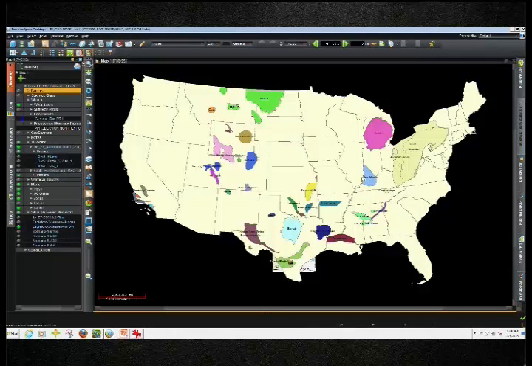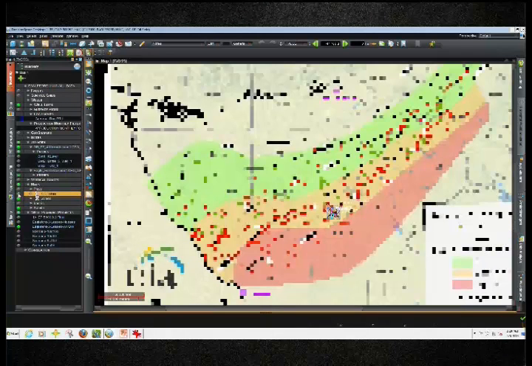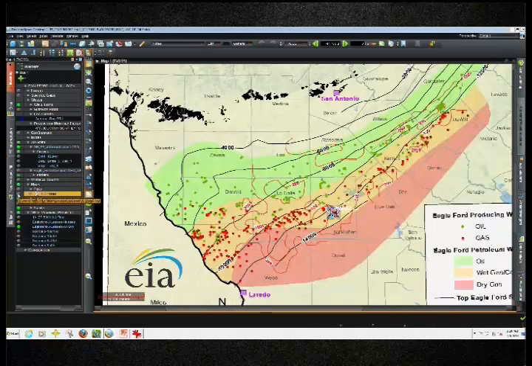For my presentation, I'm going to focus on one such active resource play very close to us, the Eagle Ford. So let's take a closer look at the drilling activity in this particular area. What you're looking at here is three different zones. The top zone is basically the oil-rich zone, and the bottom zone in red is the gas zone. Right in the middle is the condensate zone. If you notice, there's an explosion of wells drilled in the oil-rich zone, designated by those dots in green and red. For our presentation, I picked one such active oil-rich zone, and let's take a closer look at